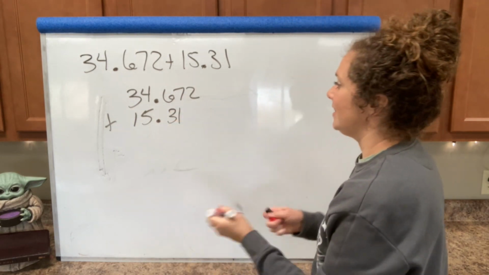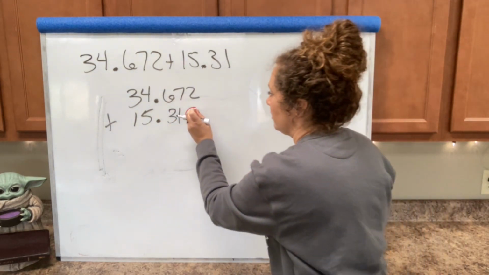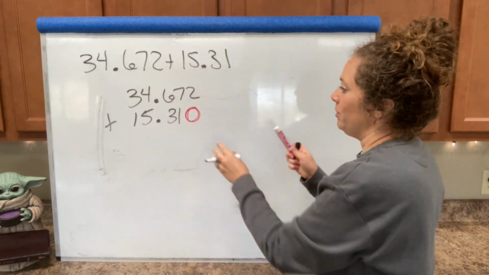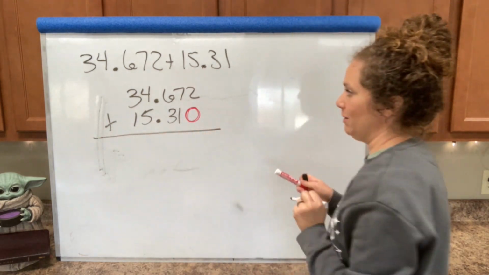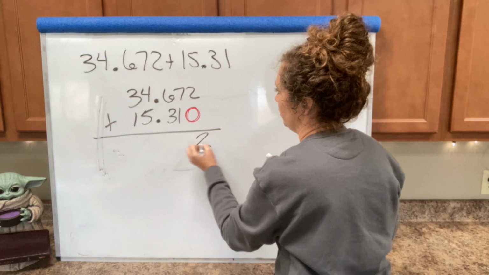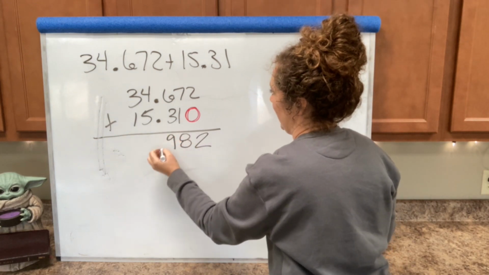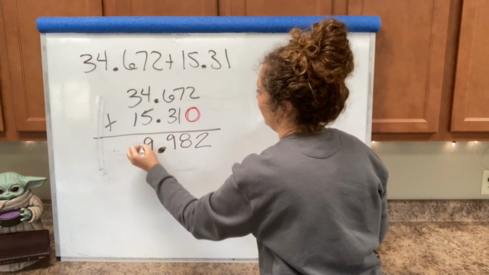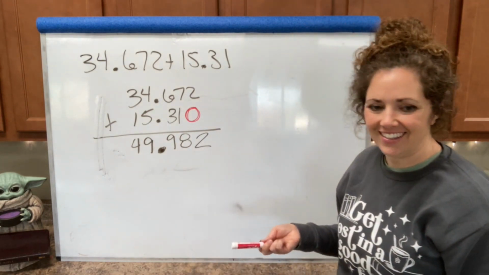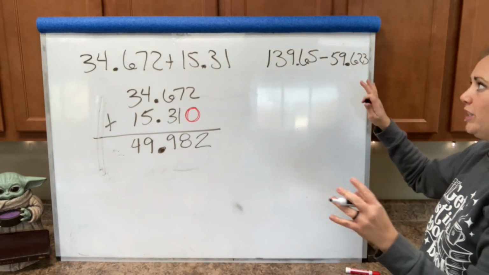So this is 15.31, and then this can get a little tricky. So I put a little 0 here to show me that there's a space so that I don't get confused when I'm adding. And then I do the problem, 2, 8, 9, there's my decimal, 9, 4, and that's my answer. If I have this problem here, I'm gonna rewrite it to